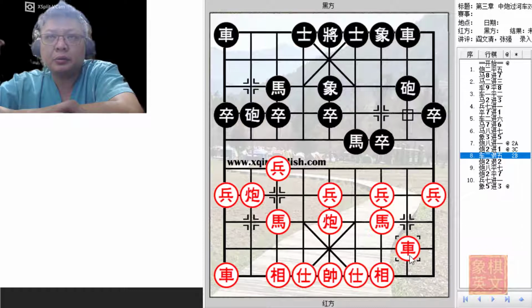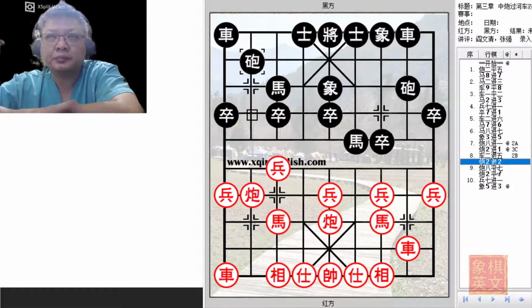Another would be to play R2 minus 5 to move the chariot to safety, but obviously this would not be a good idea because Red had just advanced his chariot and now retreated. Now this would be a loss of tempo, and again this will give Black opportunities to free himself of the pin. So Black will usually free himself in this manner: C2 minus 2,